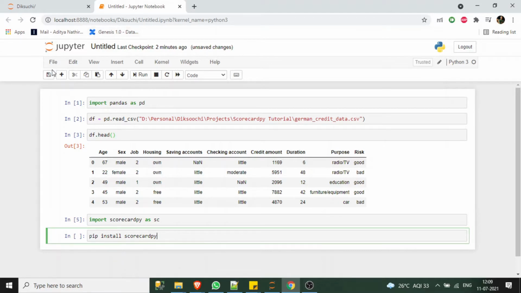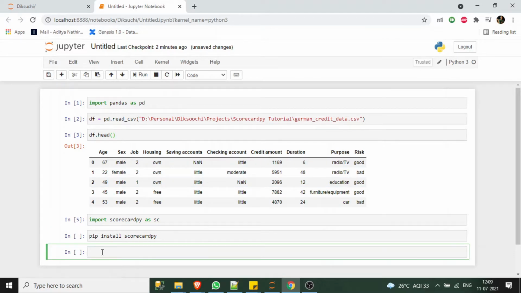Right. So as I already have this, I am not installing it again. I'm just importing it. Now I have to mention the dependent variable. So the name of this is risk.